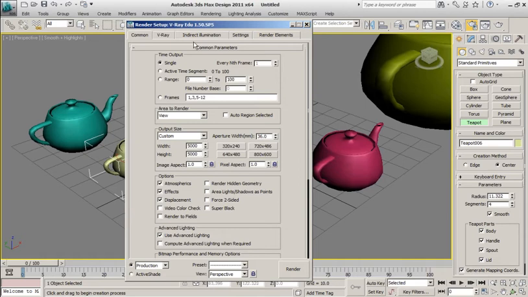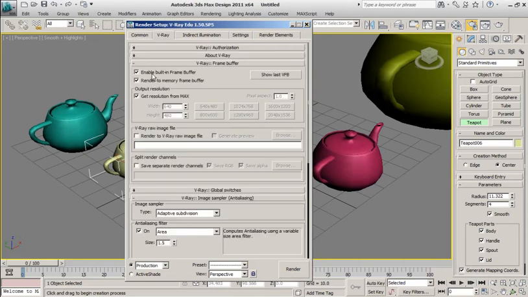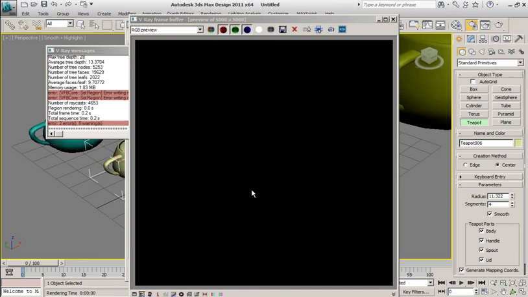So to get around that, one of the things you can do is enable render to V-Ray raw image file, turn on generate preview so that you can see a preview of this, and then turn off render to memory frame buffer. So when you render, you see a,